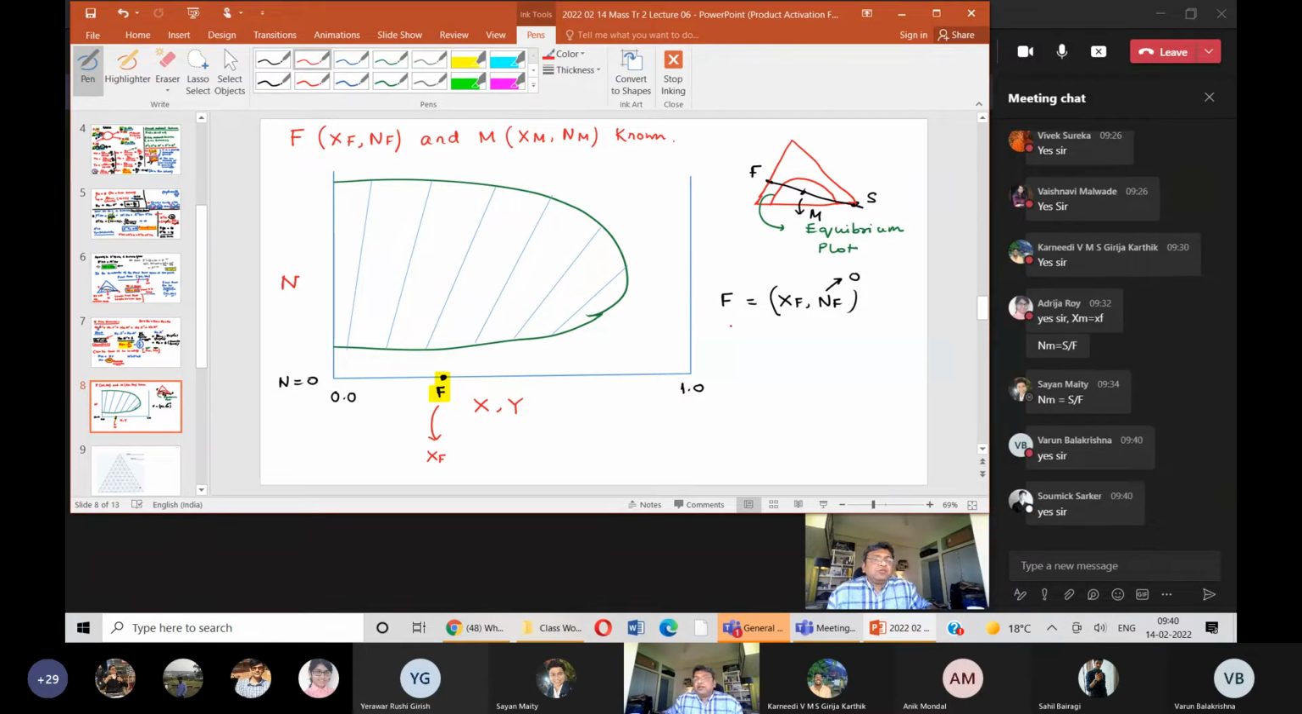Now, according to this approach, what we have done, we have located this point. Now we should try to locate the solvent point, right? The next approach should be